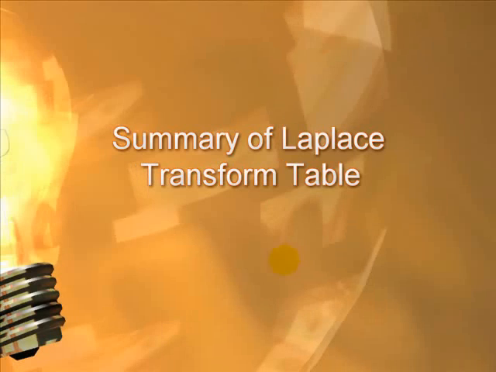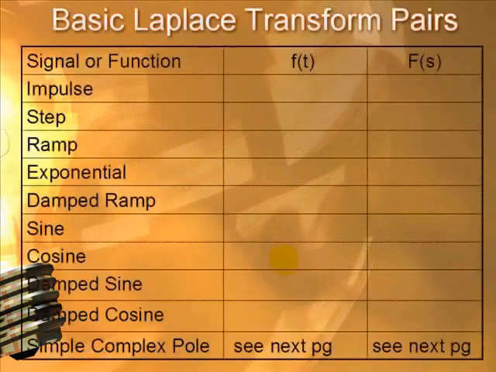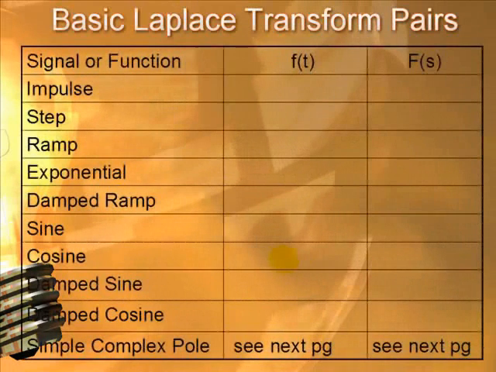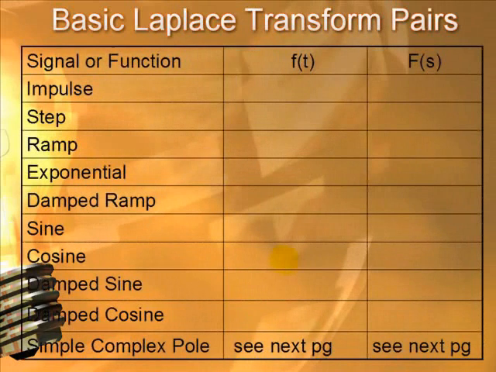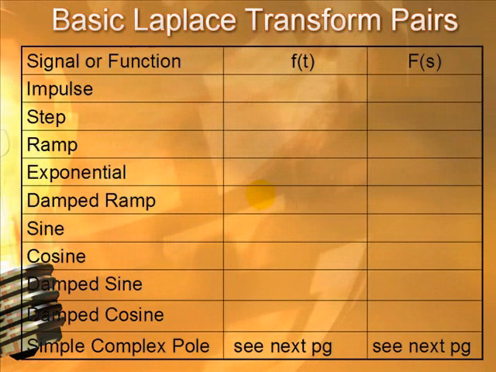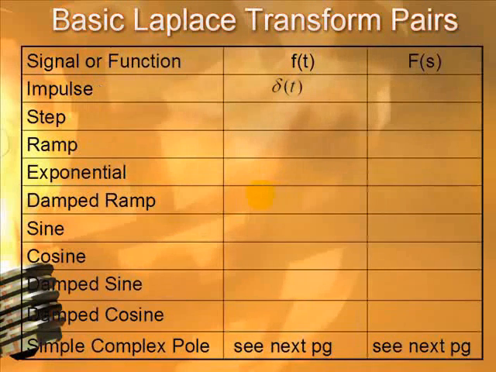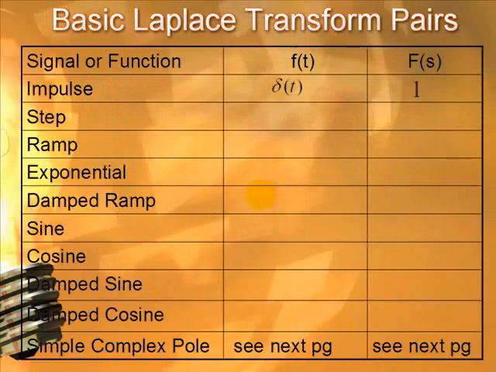Now let's look at a summary of the Laplace Transform Table. Here we're going to take a look at all the functions that we reviewed so far, the basic Laplace transform pairs, where you have three columns. The first is the signal or function, the middle column is f of t, and the last column is f of s. So let's look at the impulse function, symbolized by this delta, and we have its corresponding transform pair